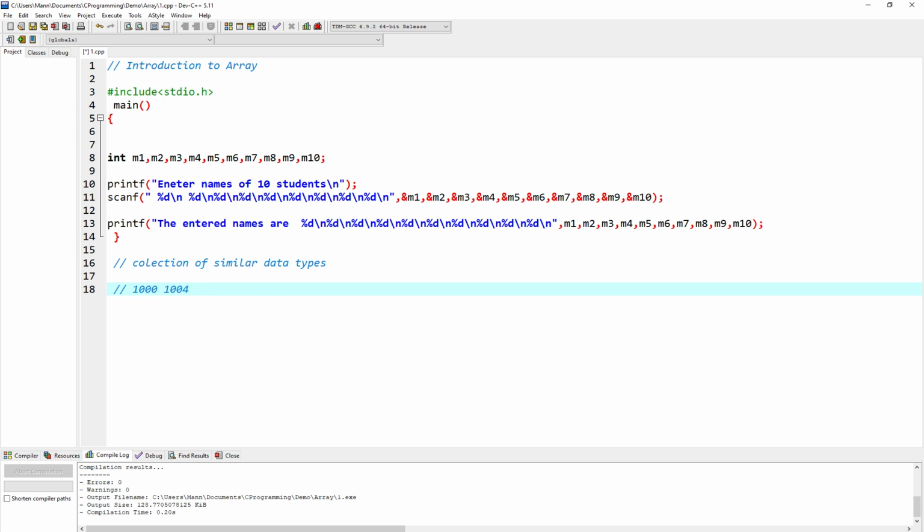So likewise, the next element that we are going to store is at 1008. We are storing integer data, and int is taking 4 bytes in your computer.